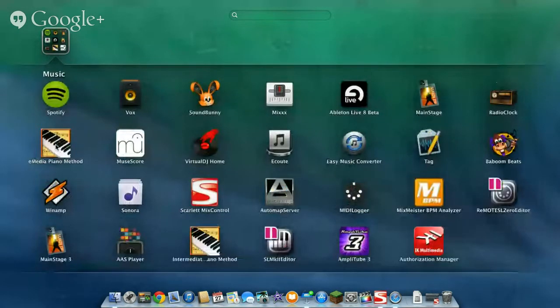You know, I am an avid musician, so that's basically a lot of what I do. So I have Spotify, Vox, SoundBunny, Mix, Ableton Live 8. This is the beta version for Mavericks. Mainstage, Radio Clock, eMedia Piano Method, MuseScore, Virtual DJ Home Edition, Easy Music Converter, Tag, Boom Beats, Winamp, Sonora, Scarlett MixControl, Map Server, MIDI Logger for Reason, Mixmaster Piano Analyzer,